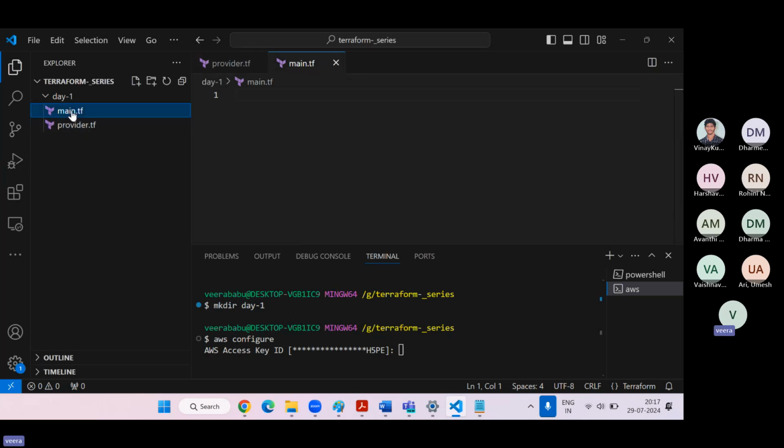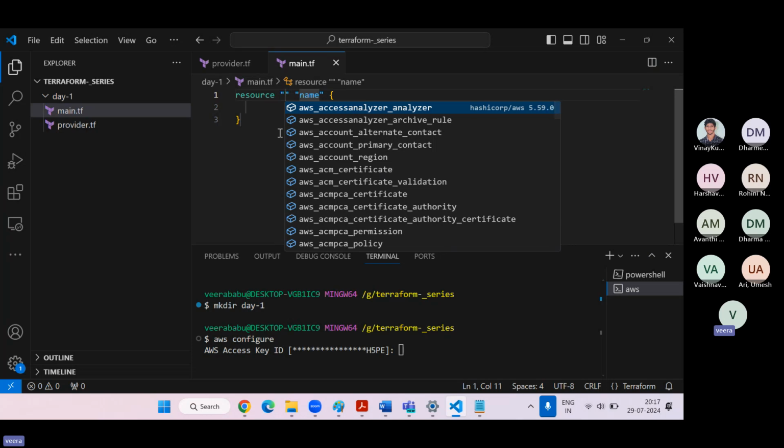And next, the main block. The main block means the resource block, right? The resource block starts with resource. And here I'm going to create an AWS instance. Whatever you are going to create, the resource block means creation of resources: S3 is a resource block, EC2 is a resource block, like that.